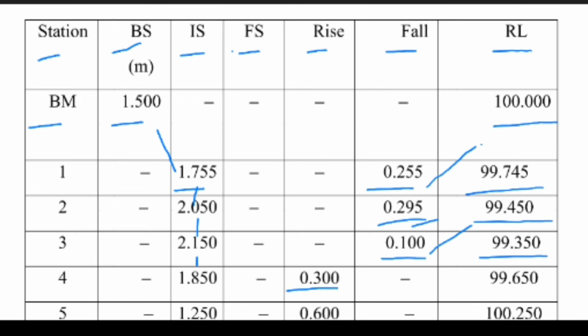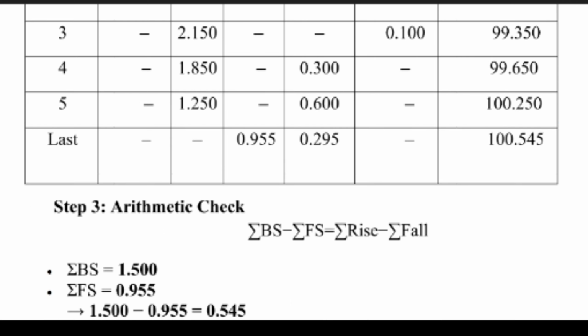So what you are going to do in the rise column, whatever this reading will be there, this reading you have to add. So you will get a 99.965 value. This difference, if you do, you will get a negative value, you have to write it in fall, and whatever this 99.35 will be there, this plus, you will get this value. Same way, this difference, you got a 0.6 positive, okay, 99 point, this 99 point